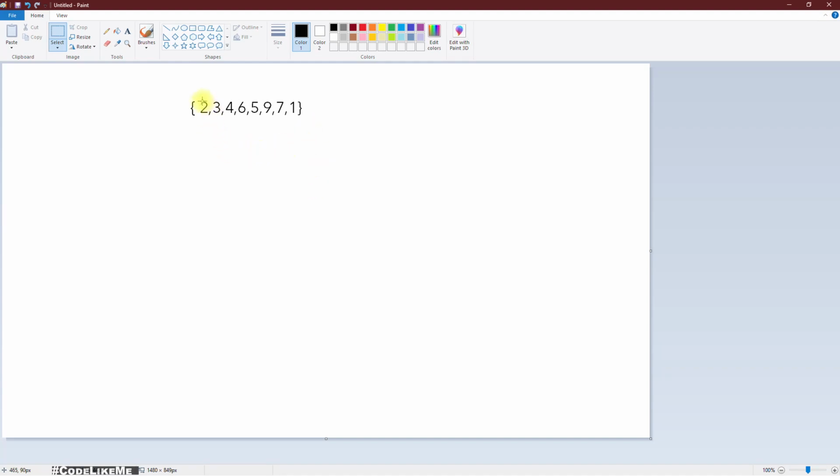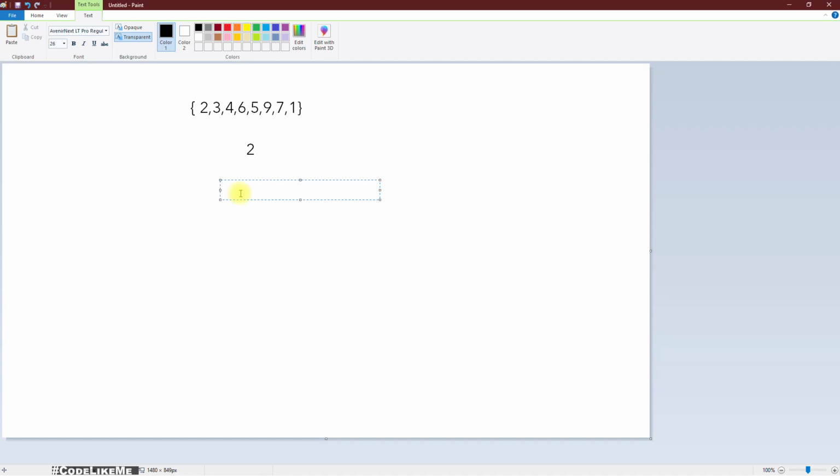Okay, so consider we have an array like this which has 1, 2, 3, 4, 5, 6, 7, 8 elements. When we build a heap, there are two types, max heaps and min heaps. First, without thinking of any order, let's just build a heap. It's just like a binary tree. So first I'll put the first element, which is 2, in the root, and then 3, 4,